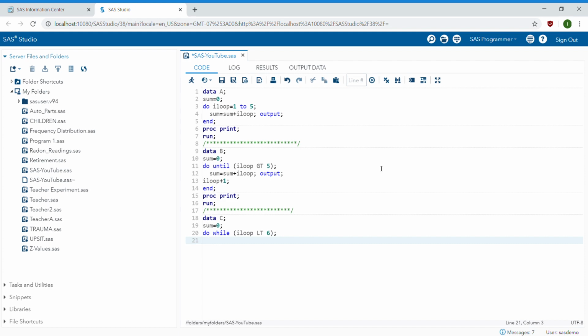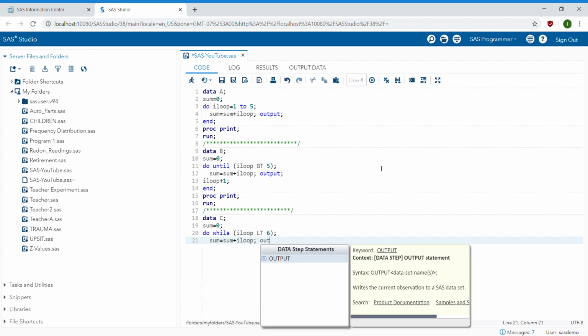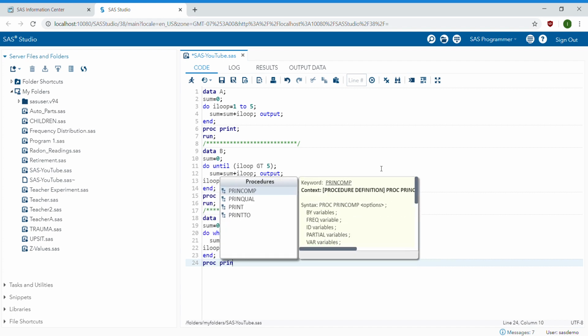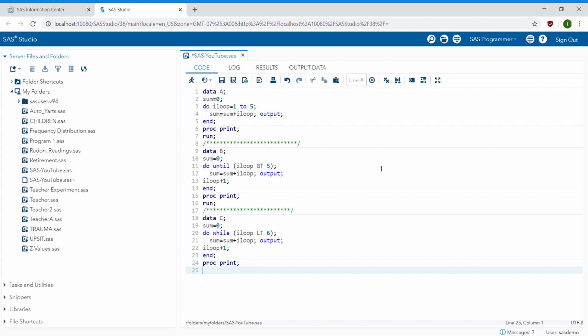Sum = sum + I loop; output; and we put this statement I loop = I loop + 1 because we want again the increment value to be 1 for this I loop index variable. And proc print; run;